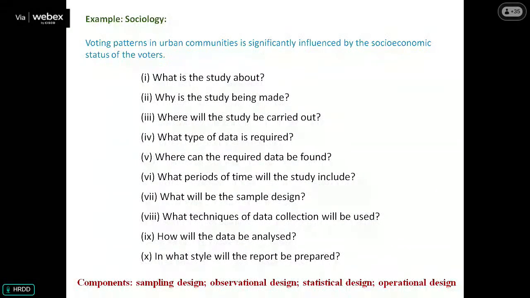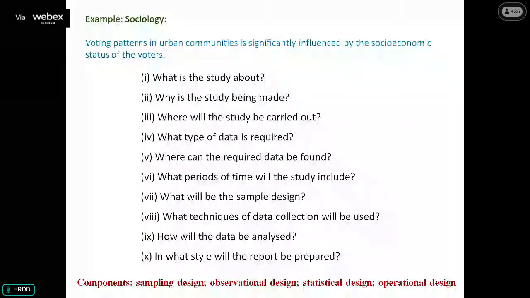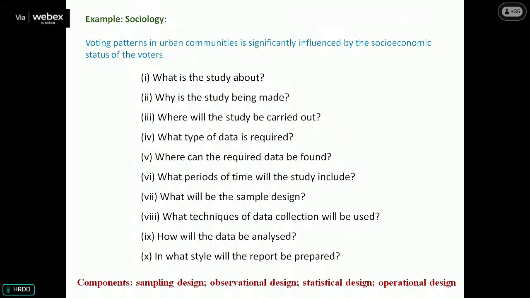Exit poll के साथ poll का match करता है, कितना लोगों का वो देता है, in thousands, and they are correlating with the millions, millions का voting output. They have very good sampling, free of errors, right? They have placed a very good research design, like that, and they know how the data to be collected, to